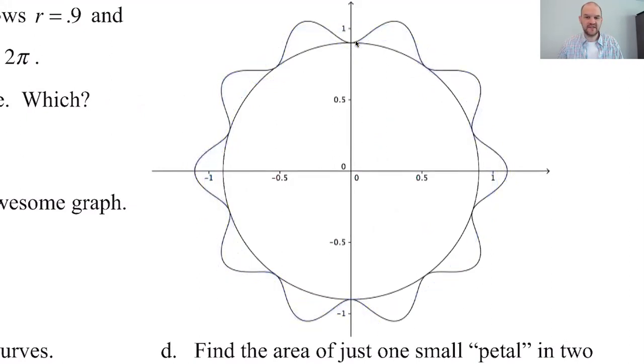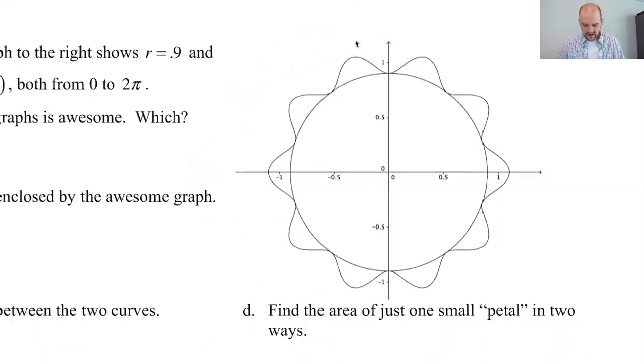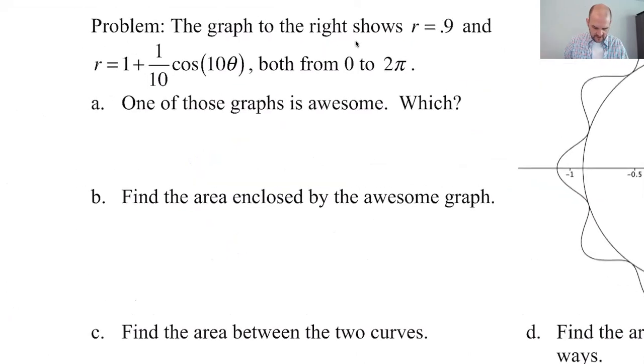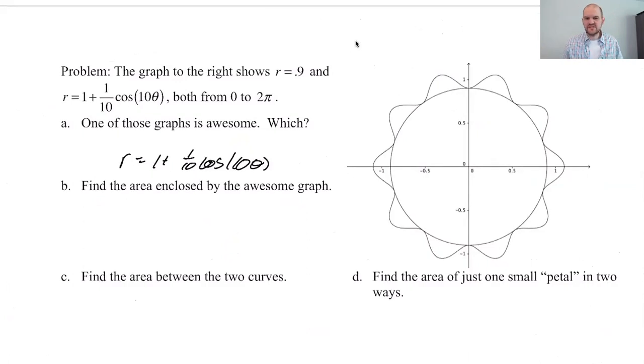It's very cool. It still has a sinusoidal axis, sort of. It's r equals 1, and then you can deviate 0.1 in either direction from that, and you do it in a cosine way. Definitely cool. So r equals 1 plus 1/10 cosine of 10 theta is the answer to which one is awesome. It's awesome because this is taking cosine, something that we think we know really well, and changing it a little bit. And that's kind of neat. So we want the area enclosed by the awesome graph. All right, so now the question becomes,